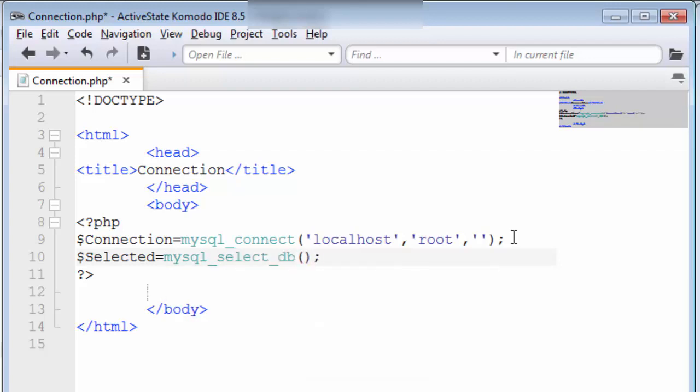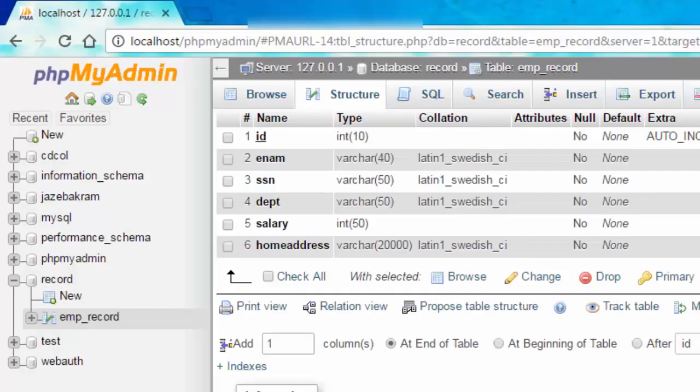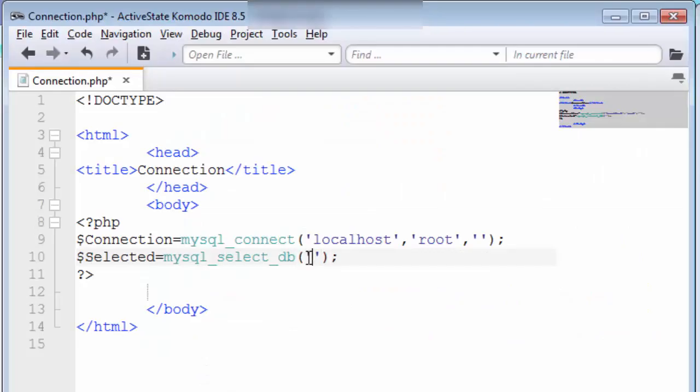Now in the parentheses of this query, you need to pass here two parameters. The first parameter will be your database name. If I can show you, we have created this database of emp_record. So we need to pass here emp_record,